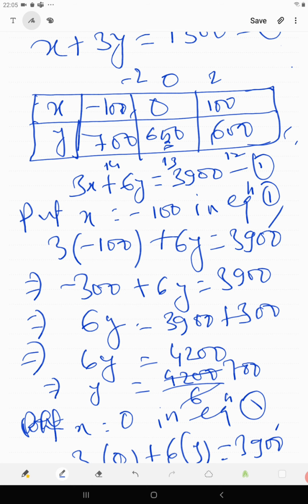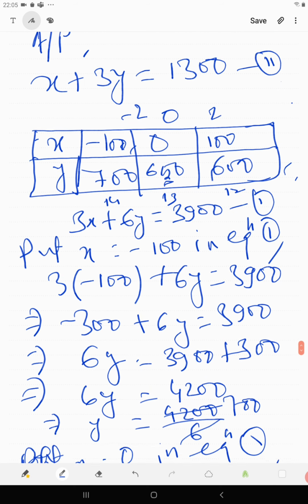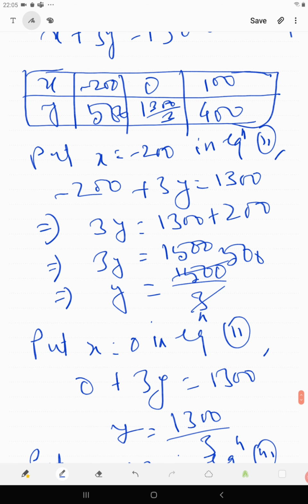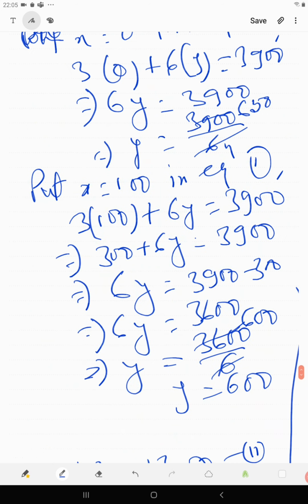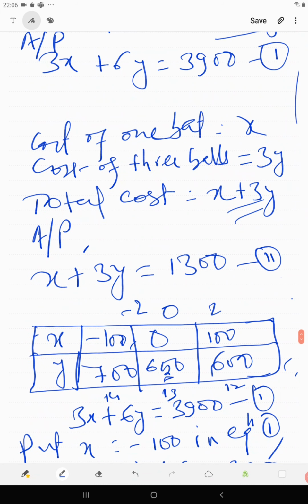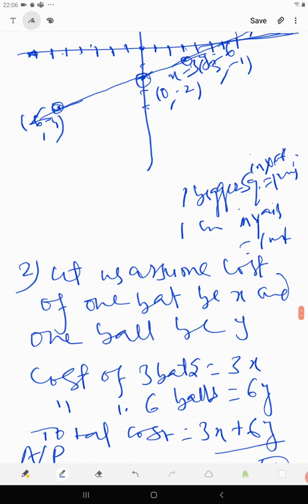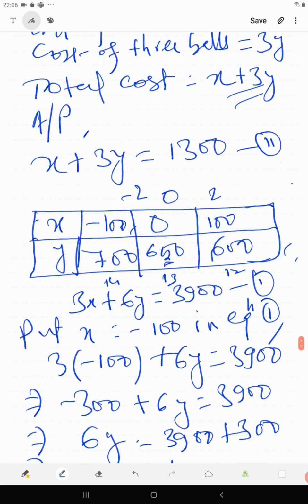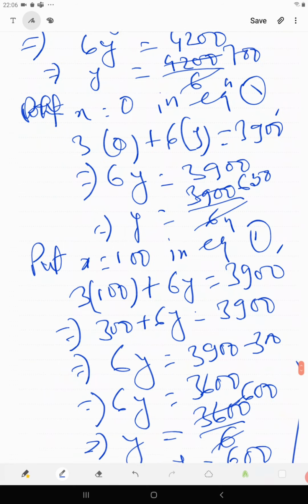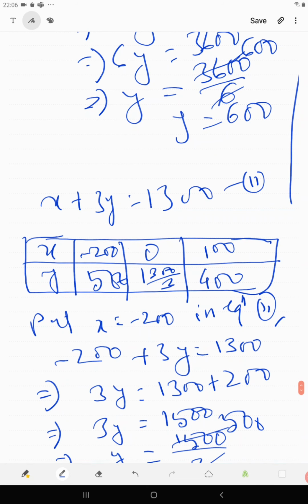In this case, we can represent it. So we will take one big square as 50 units. So I need to take 12 units, 13 units or 14 units maximum at the top. The maximum is 14 units on the top. The 14 big squares will represent the 700. The 13 big squares is 650, and 12 big squares will be 600. Similarly, for the second one, if you will take